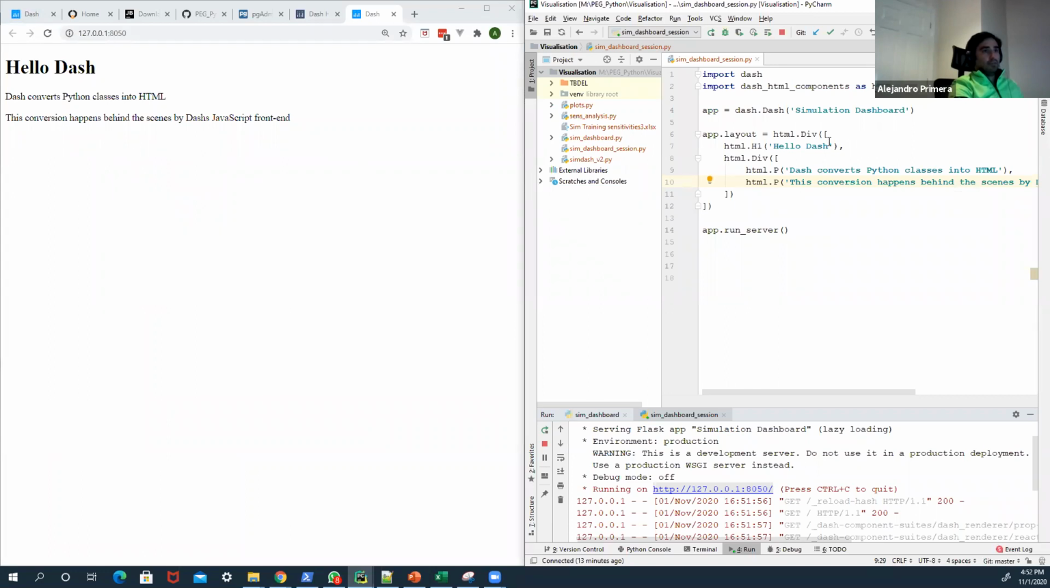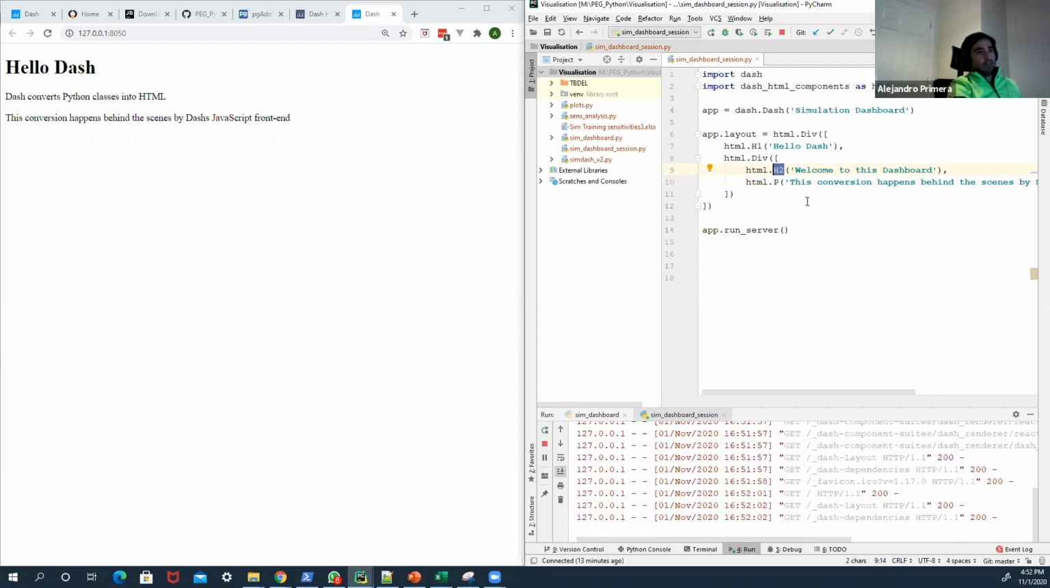And the interesting thing is that, let's say I want to change the size of this text, and let's call it welcome to this dashboard. And as I save this, I'm changing the size of the text: instead of a paragraph, this is an H2. And this is what I'm talking about, understanding a bit of what's happening in terms of HTML